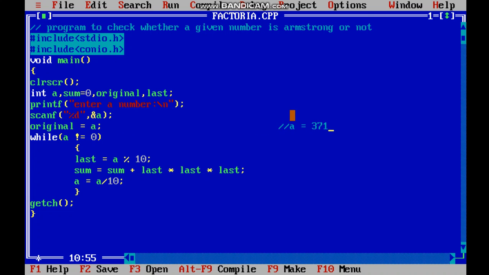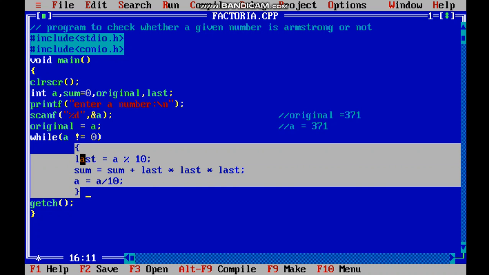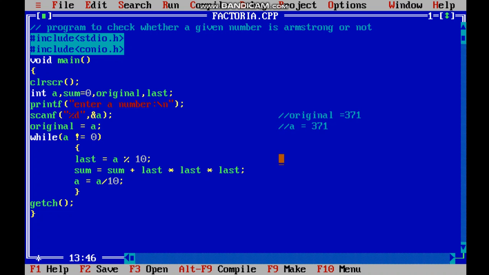Now see, our original has 371, okay, which is unaltered. Coming into while loop, a is not equal to 0. A value is 371, which is not equal to 0, true. So now it fell into the curly braces. Now coming here, last equal to a modulus 10. We know modulus returns remainder, so in last we have 1.